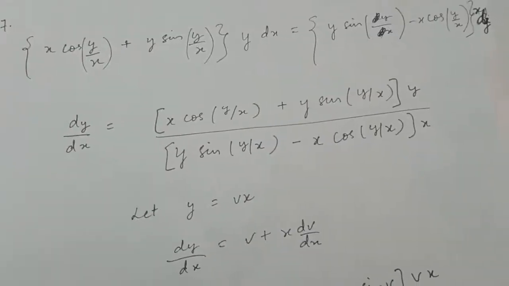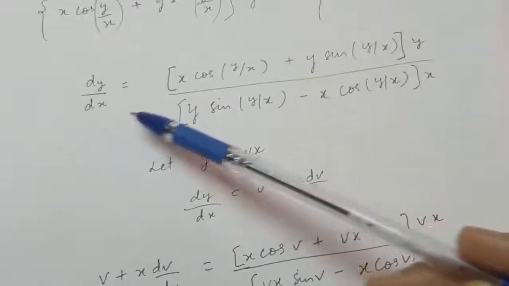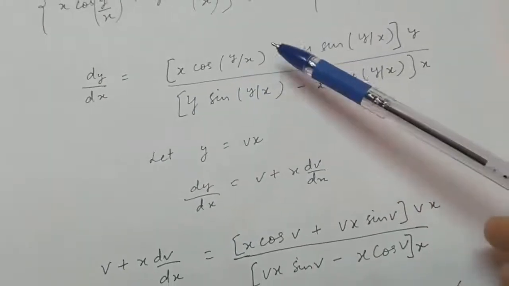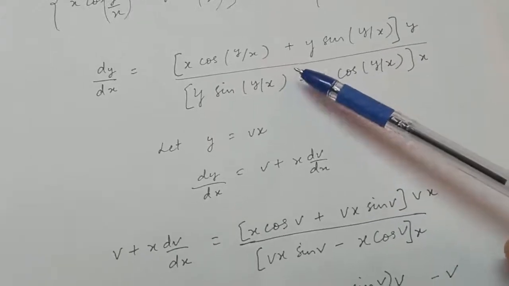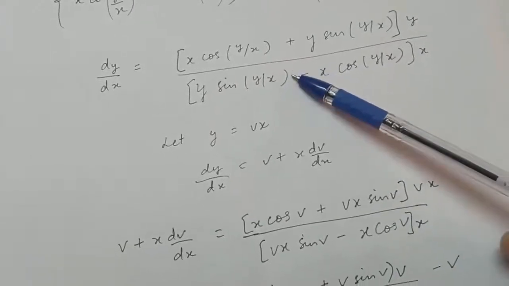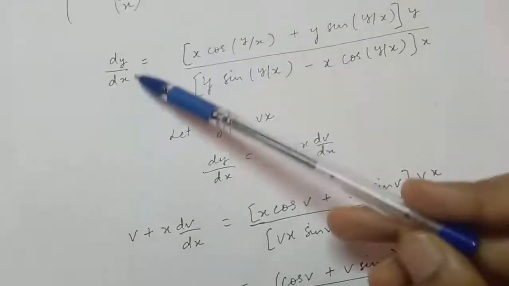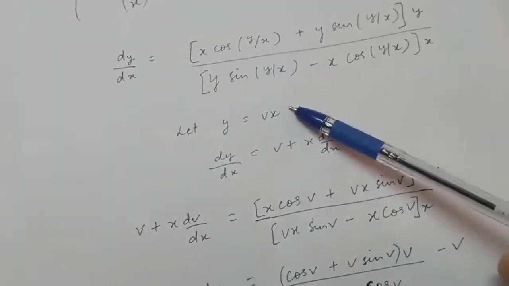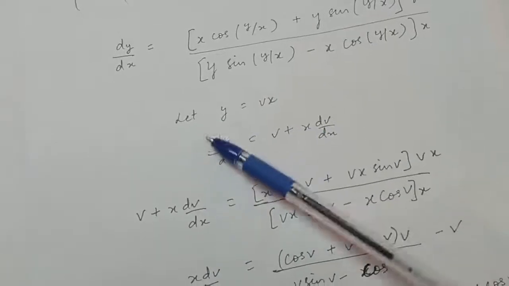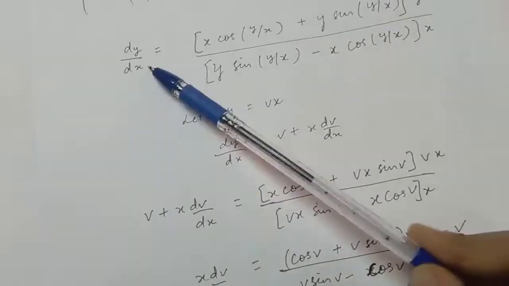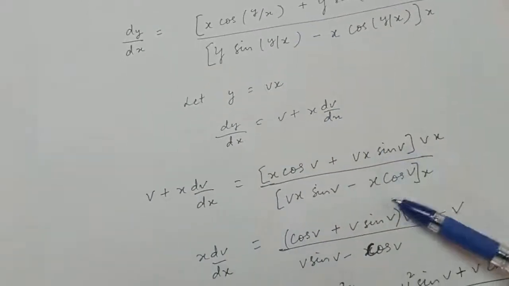Now question number 7 is, this differential equation is given to us. Find out the value of dy by dx, which you will get as this. Now this is the function in terms of x and y. Check if this function is homogeneous of degree 0 or not. You will get that yes, this is a homogeneous function of degree 0, and therefore this differential equation is homogeneous. So let y equal vx, then dy by dx will be this. Make the substitution. In place of dy by dx, write this here, and in place of y write vx. So you will get this, right?